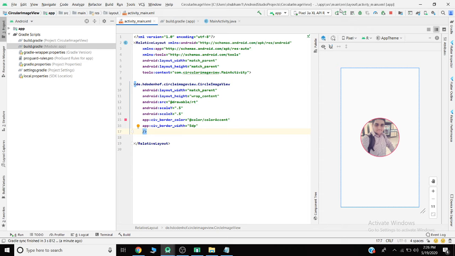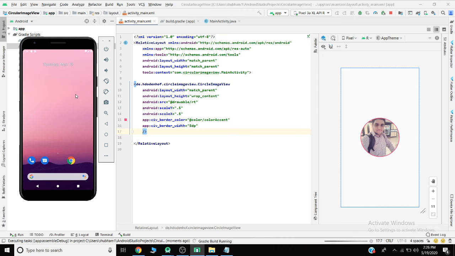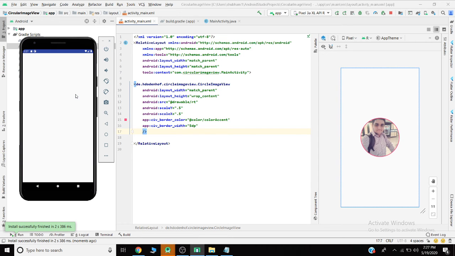Now let's test the app. Here circular image view is